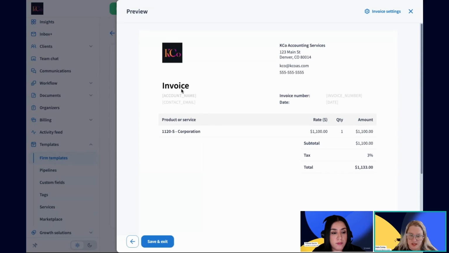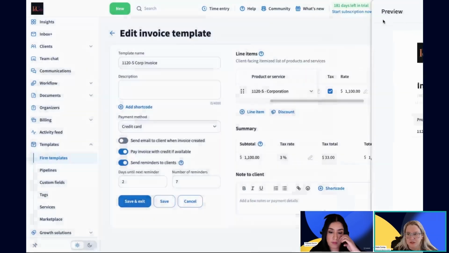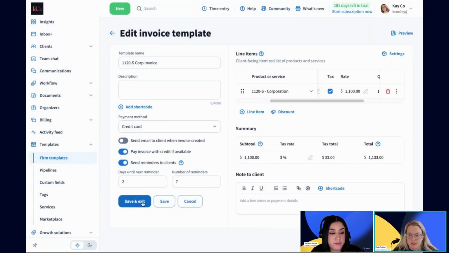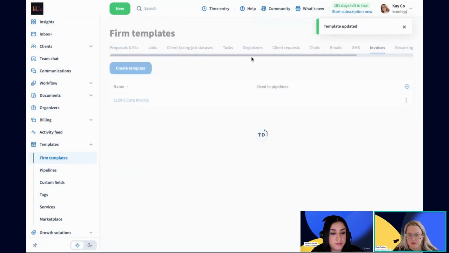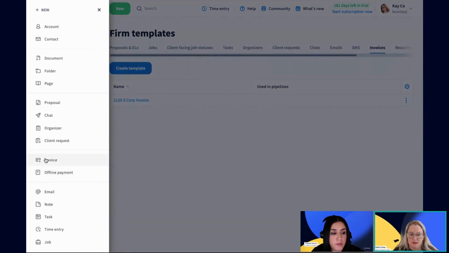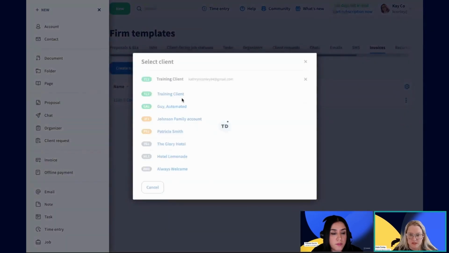When you do select an account name, it will fill out the account name and the contact email. And again, it will fill out the invoice number and date when you're sending it. We're going to go ahead and exit, and then we're going to save this. You can also send invoices from the new button. You can click invoice,